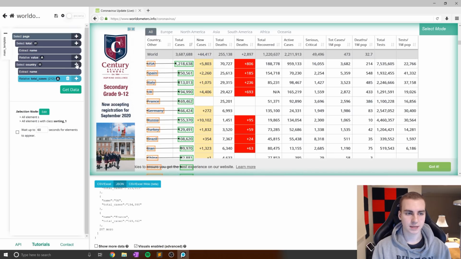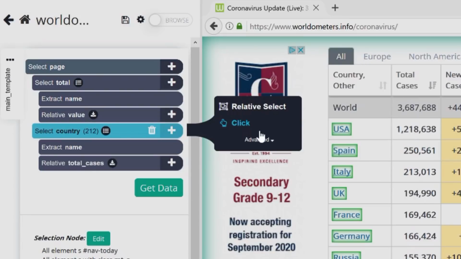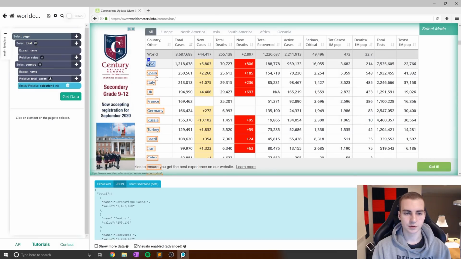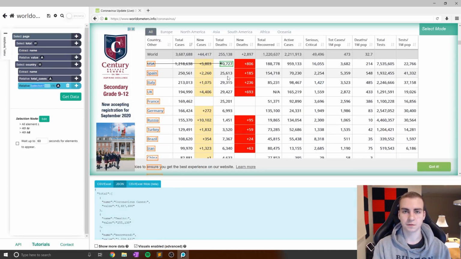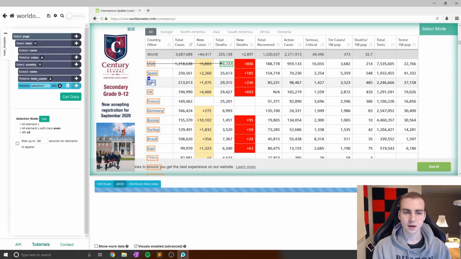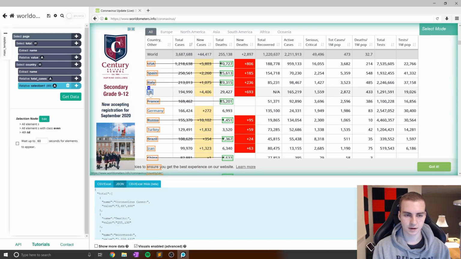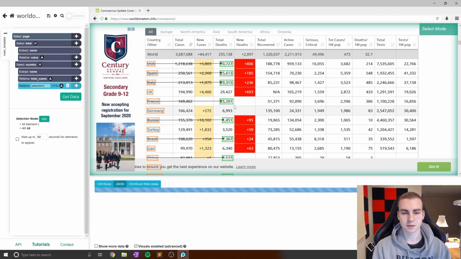I want to actually add another relative select inside of here. So we'll select USA, and now we'll select the total deaths, because all I really care about for my project is the cases and deaths, but for you guys, feel free to select as many values as you want. So let's keep going. And keep going. Okay, so that should already be selected. Nice. So now let's do UK and give it a second, and we can see it selects pretty much all